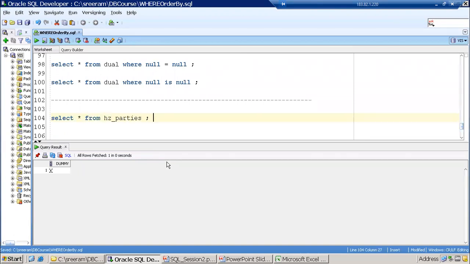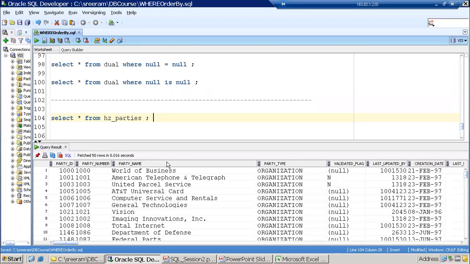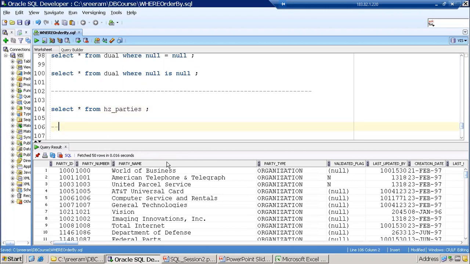In the heads at parties table, can I retrieve all the parties whose party type is equal to organization and party name starts with W?